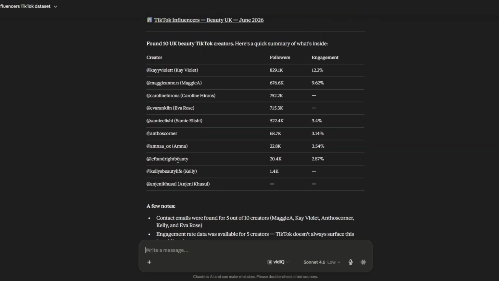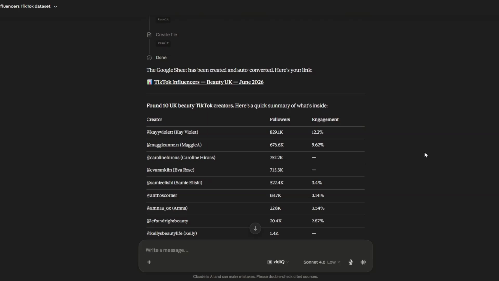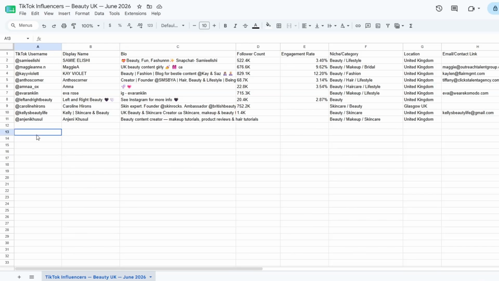You can see the snippet of our influencers that is scraped for us from TikTok. This is incredible. To preview the full list of our influencers with their details, I'm going to open this link. Now when we open our spreadsheet right here, you can see we successfully scraped our 10 beauty influencers here from